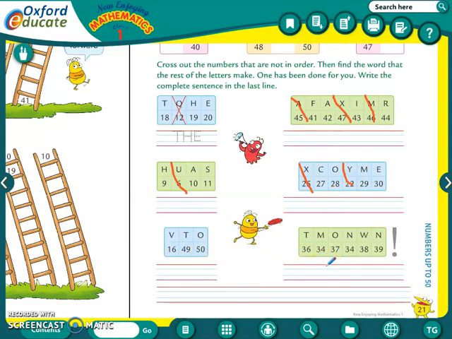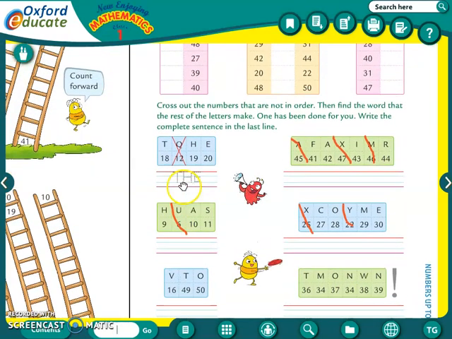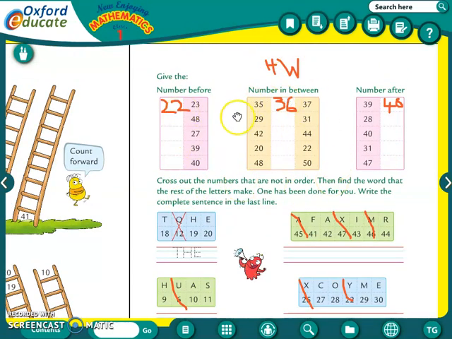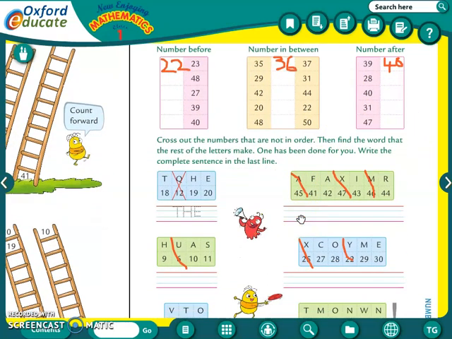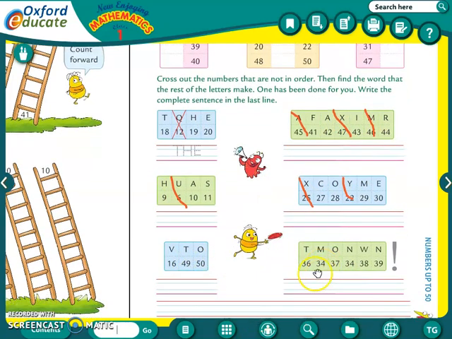And when I send the answers, you have to check whether you have done it correctly or not. Okay, so you have to complete this page. This whole page you have to complete by yourself. This is the homework you have already done: before number, between number and after number. Now this is also like you have to see the numbers in the order. Then you have to strike out the number that is not in the order. These four I have explained. These two you do by yourself. And when I send you the answers, you have to check them. Okay students, so complete this much, then we'll continue in the next class.